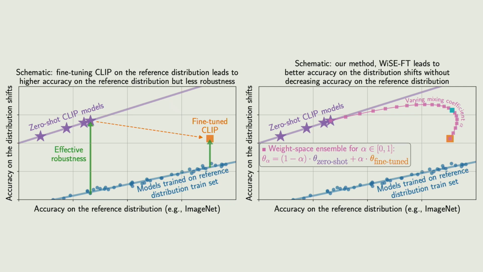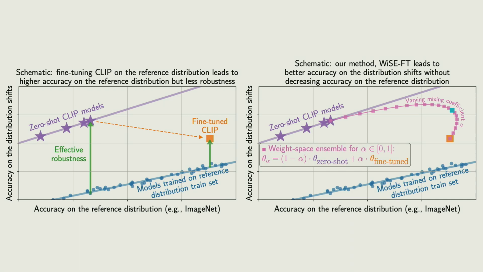And the answer is as follows. You take your zero-shot model, you take the weights, you fine-tune the model as you normally would, and then you just linearly interpolate between the weights. When Mitchell told me about this the first time, I thought this is pretty crazy, because the whole point of these neural networks is that they are nonlinear. There are all of these nonlinear activations in them. But Mitchell and Gabriel are very creative experimentalists, so they were like, I don't care, I just linearly interpolate the models. And this actually works surprisingly well.